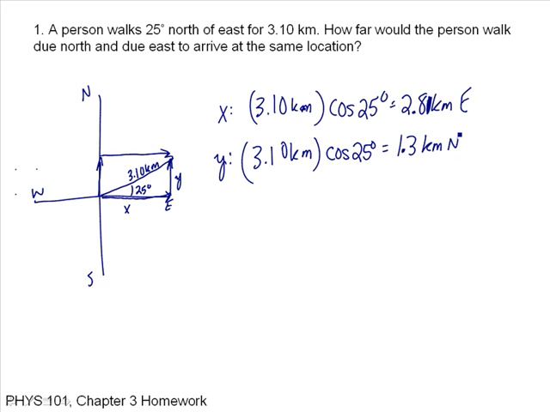Now notice that I got these from the definitions for sine and cosine. So if I draw my triangle like this, this is my angle theta, this is x, this is y, and this is my hypotenuse, I'll just call it h. The cosine of the angle theta is x over the hypotenuse, so the x component is equal to the hypotenuse times the cosine of the angle theta. And I should have a mistake here, sorry, the y component should be with the sine of the angle theta. Now the sine of theta